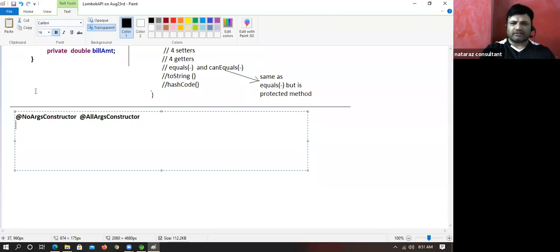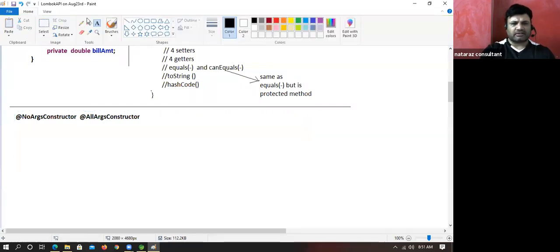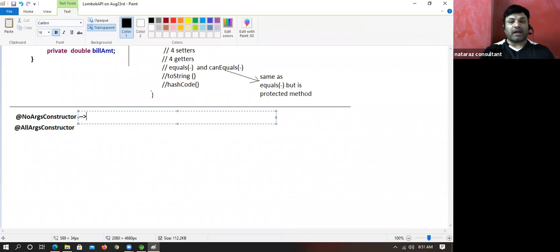Tell me, boss, what will the no args constructor do? As its name suggests, it gives zero params. Don't say default. Every zero param constructor is not a default constructor.